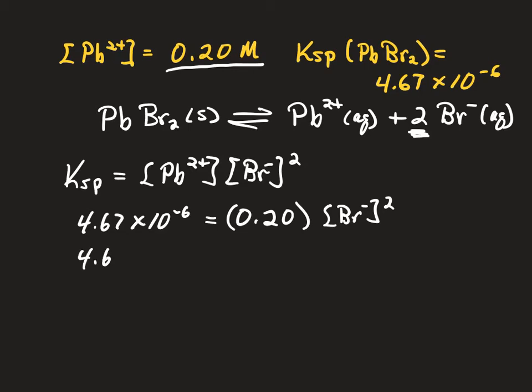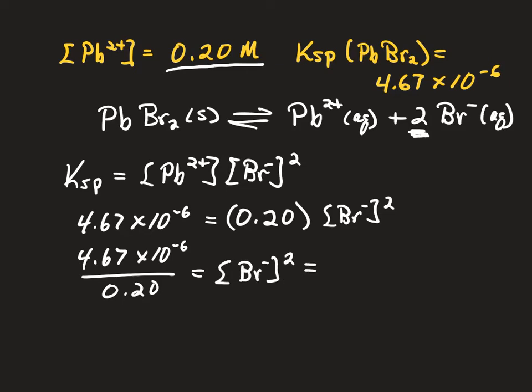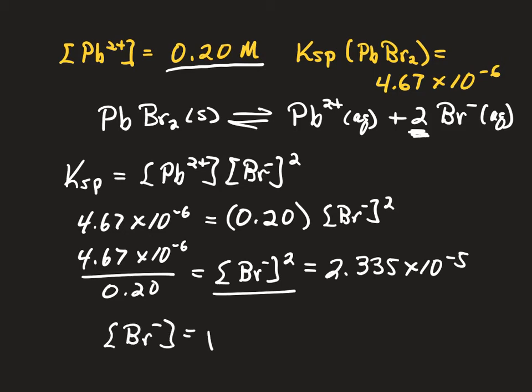So 4.67 times 10 to the minus 6 divided by 0.20 is equal to the concentration of our bromide ions squared, which equals 2.335 times 10 to the minus 5. But remember, that's bromide ion squared. So the concentration of bromide ion is going to equal the square root of that 2.335 times 10 to the minus 5,